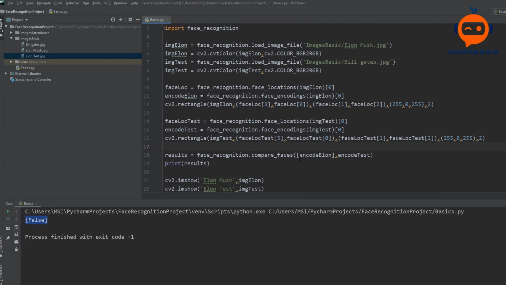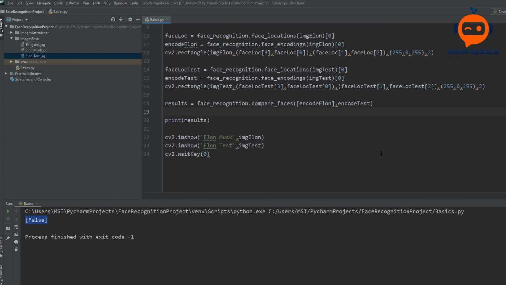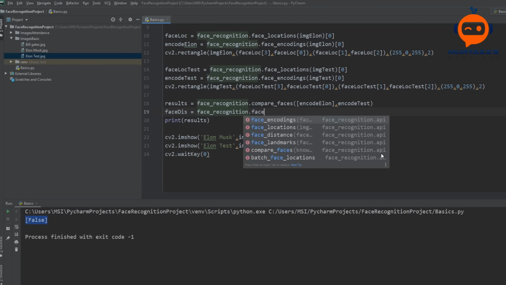But sometimes what happens is that you have a lot of images and there can be similarities. So what you want to find out is how similar these images are. So you might want to find the best match. So to do that, we will find the distance. So we will write here face distance is equal to face_recognition.face_distance.